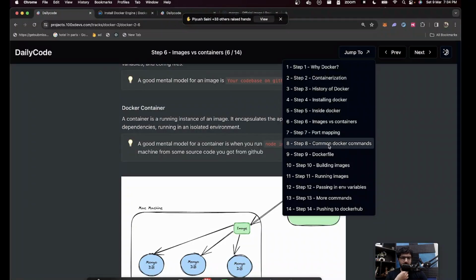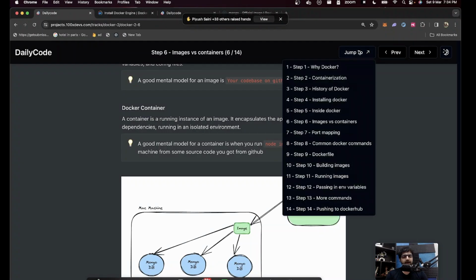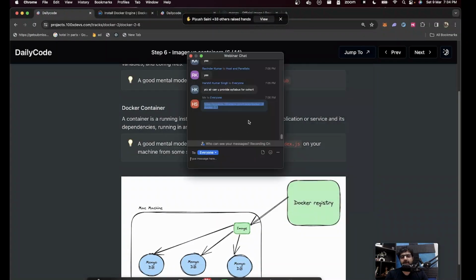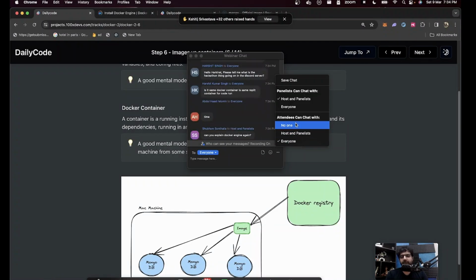Let's see what we have to discuss next. Port mapping, common Docker commands, Dockerfile. All right. So take a breather. Let's open chat for 6 minutes and we will restart and understand port mappings after that. Make sure you have Docker running locally until then. Let's take a small breather and understand what's up. Any specific questions that you have?